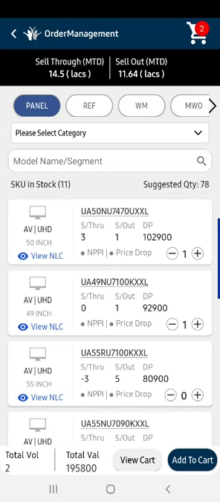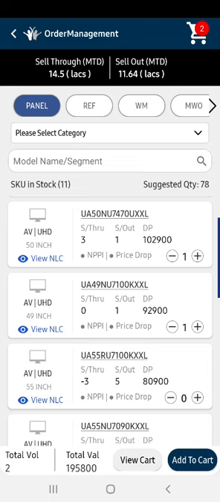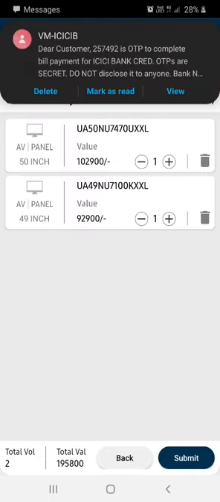The item has been added to the cart and you can see it on the topmost right hand corner. Now if we go to view cart, we can place the order directly. So let's submit the order.